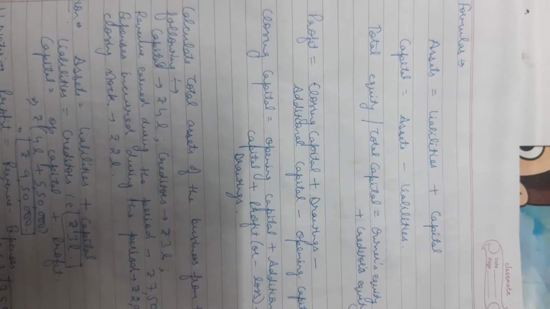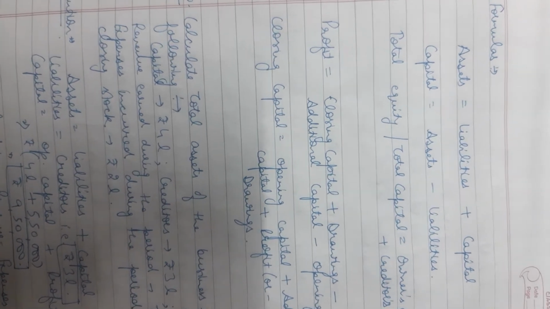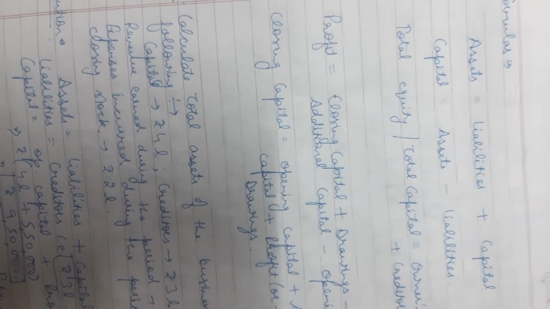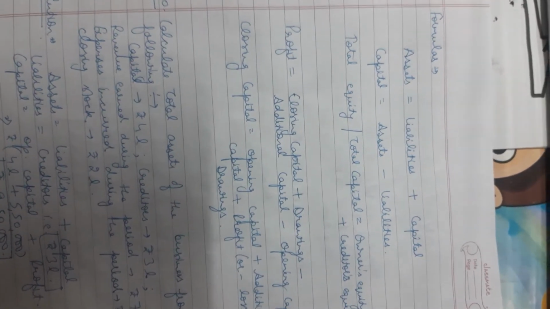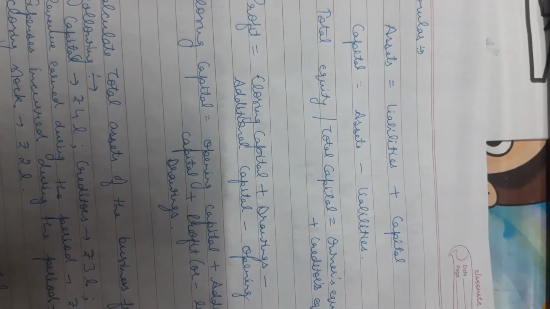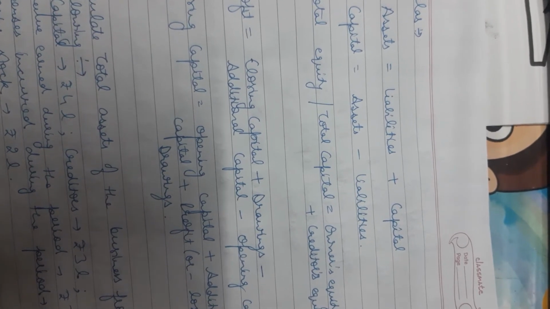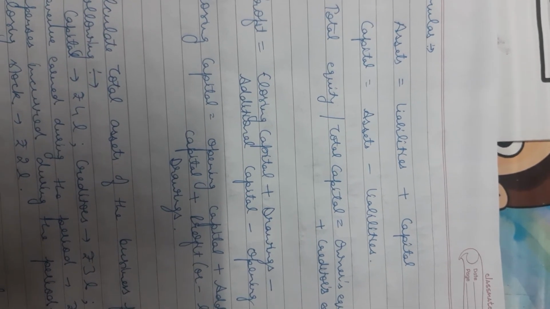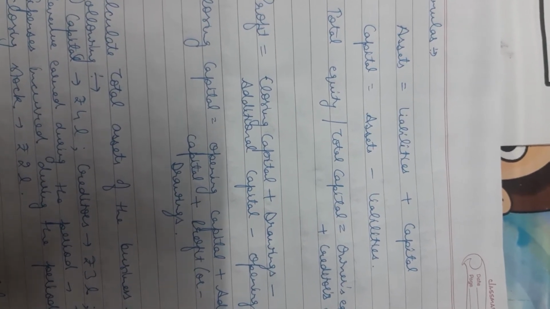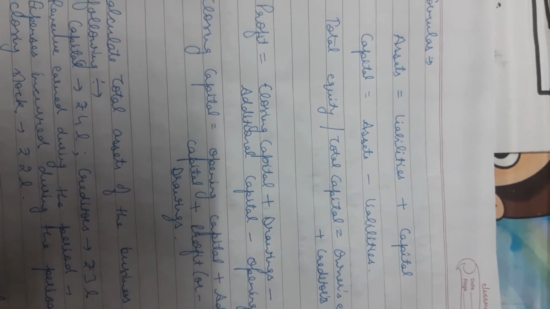Good morning, students. In the same chapter, accounting equation, sometimes we are asked to calculate total assets, opening capital, closing capital, and profit or loss. So, some basic formulas to calculate these are assets is equal to liabilities plus capital. As we all know, it is our accounting equation based on duality concept that assets is equal to liabilities plus capital. From the same formula, if we want to derive capital, that will be calculated as assets minus liabilities.